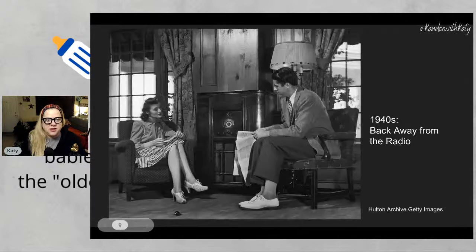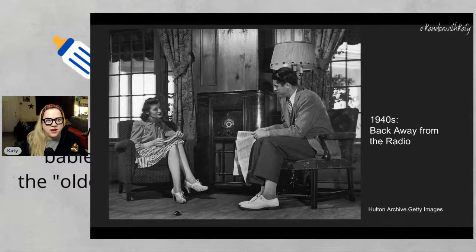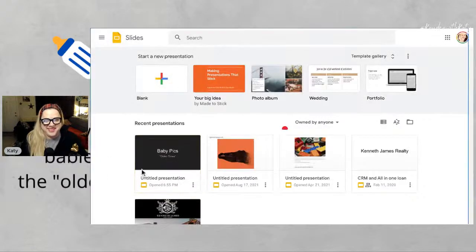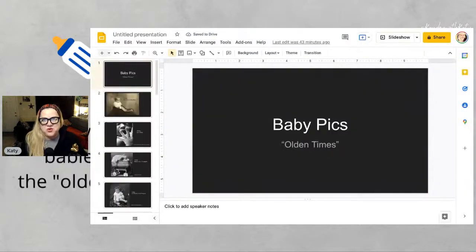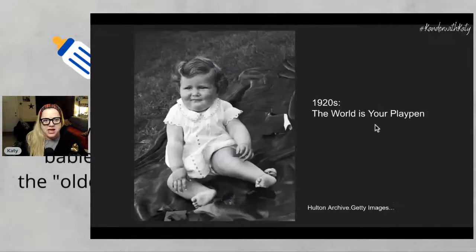Oh, shoot, can I go back? This is what happened before. Okay, I'm going to stop sharing for a second. So this is what I'm learning, you guys. It's probably not easier to do this, but I'm going to bring it back up again, and I'm going to go from the beginning. It's showing me the same one. Phooey. Let's see if I can go back. You guys must love me. I'm so cool, right? I'm just the coolest person. All right, I'm going to go through it.